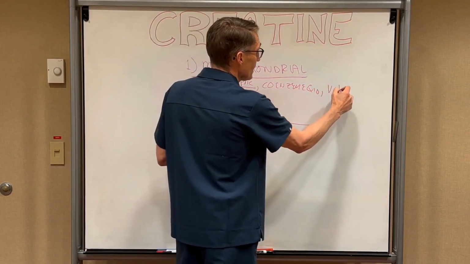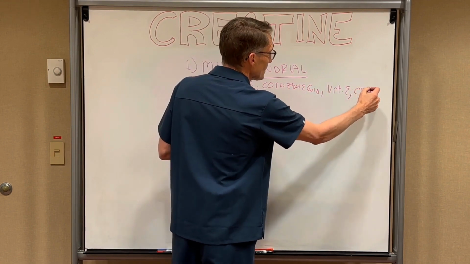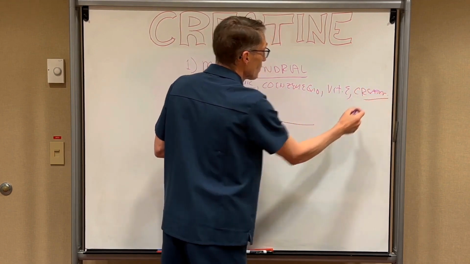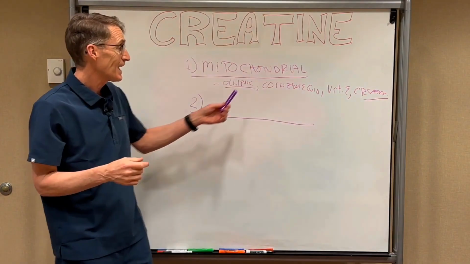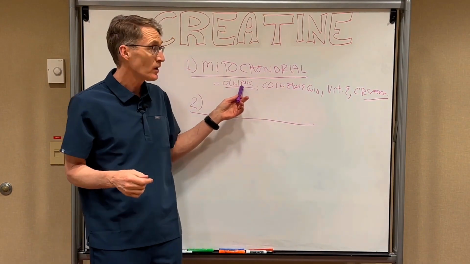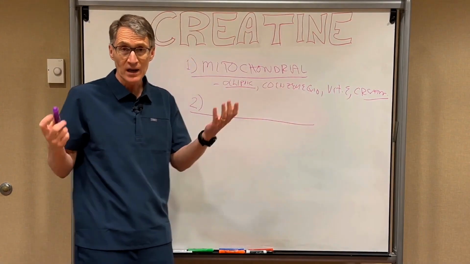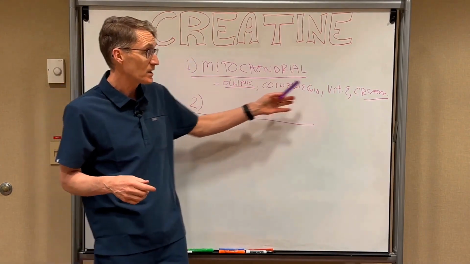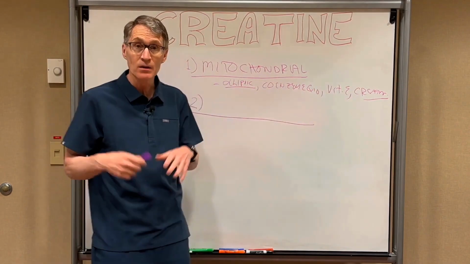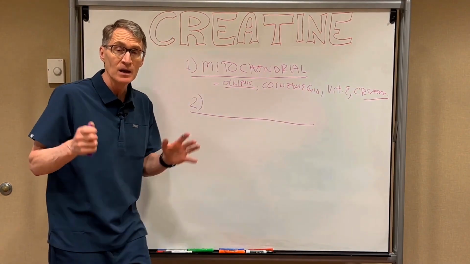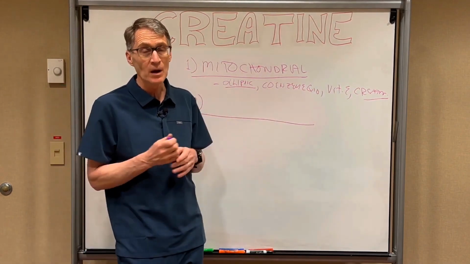We would use vitamin E and creatine. So what we're doing here is providing antioxidants inside the mitochondria, antioxidant protection to the membrane, and creatine for the variety of reasons that we've talked about. And when we actually combined all of these in a clinical trial, a randomized double-blind trial, self-funded, no company involved,